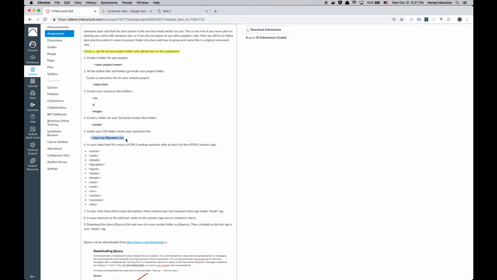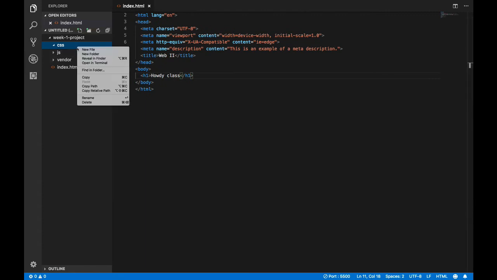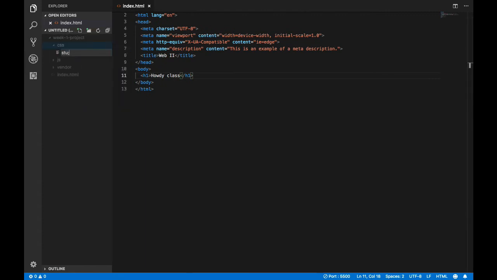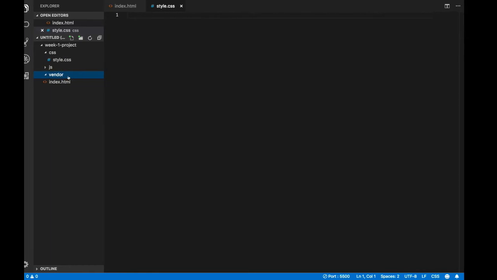the next step was we need to have our own CSS file. So usually the name of it, you can name it however you want, but usually it's like style or styles or my style or main. So we can create style.css, and right now it will be empty. And then inside vendor,